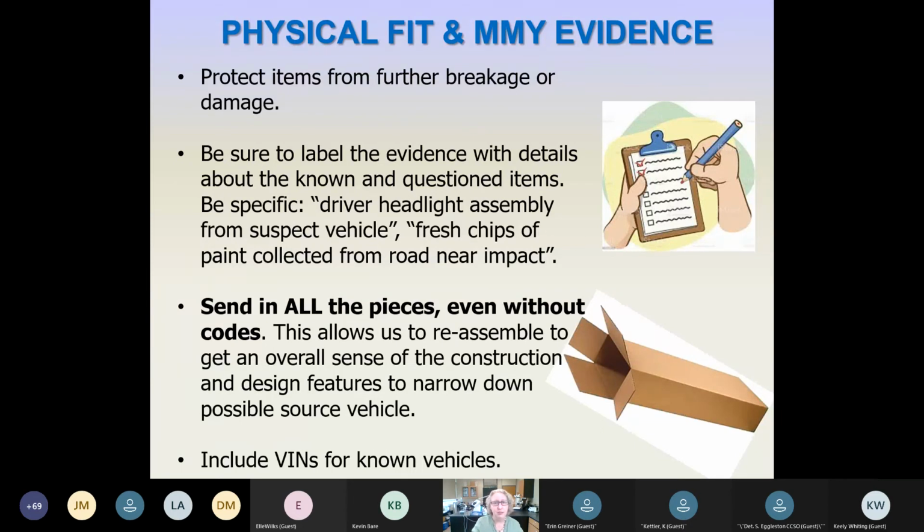That applies to the parts you found at the scene, but also any part that you took off a vehicle or collected anywhere else to see if it makes a physical fit. Be sure to label that evidence with all the details. Be specific, and send in all the pieces, even without codes. That will allow us to reassemble the item to get an overall sense of the features and the construction to